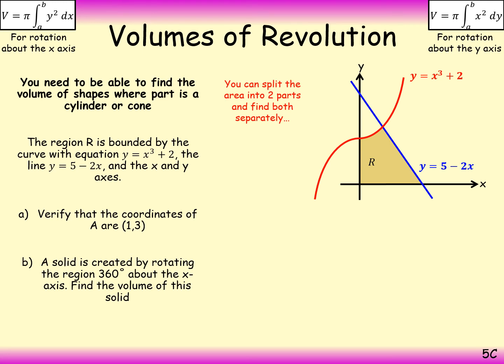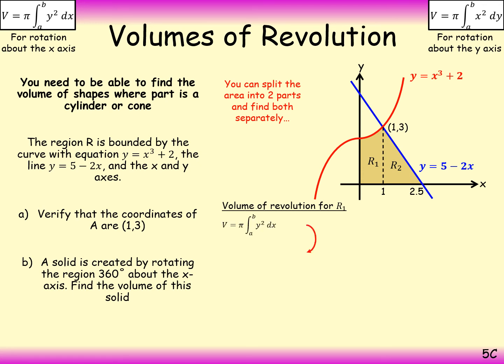So here's the more interesting bit. We want to work out the volume. For this, we could split the area into 2 parts and find both separately. We could work out from 0 to 1 and 1 to 2.5. If we call that R1 and call this R2, the volume of revolution for R1,